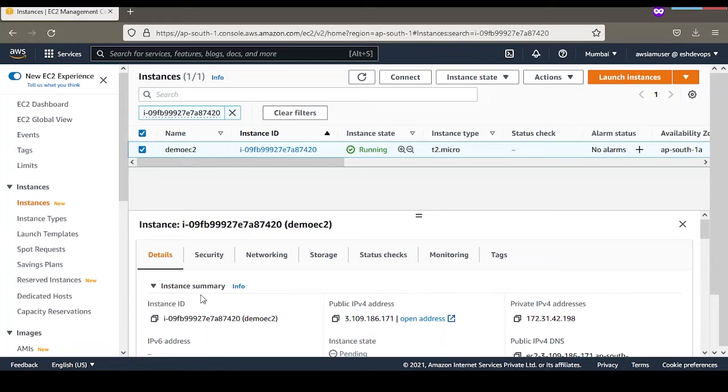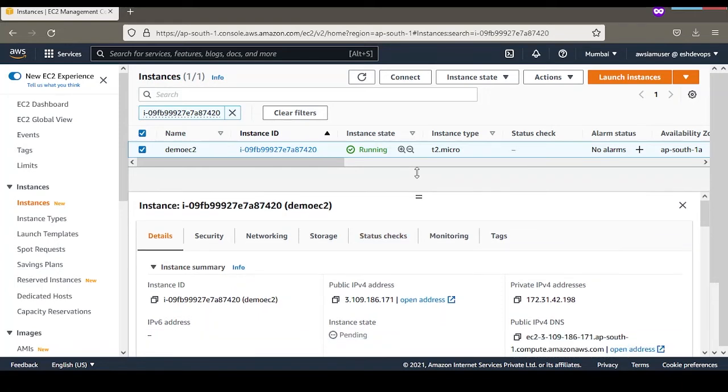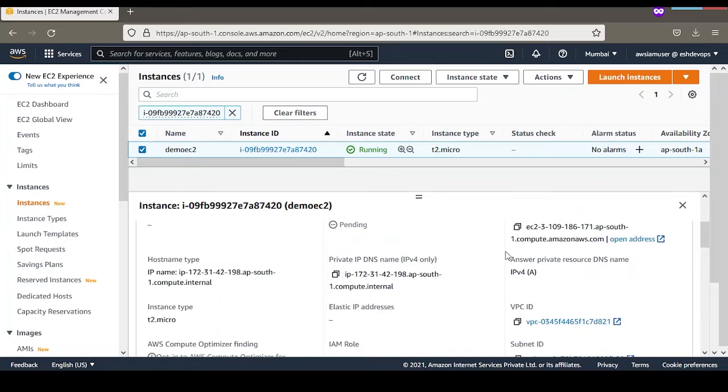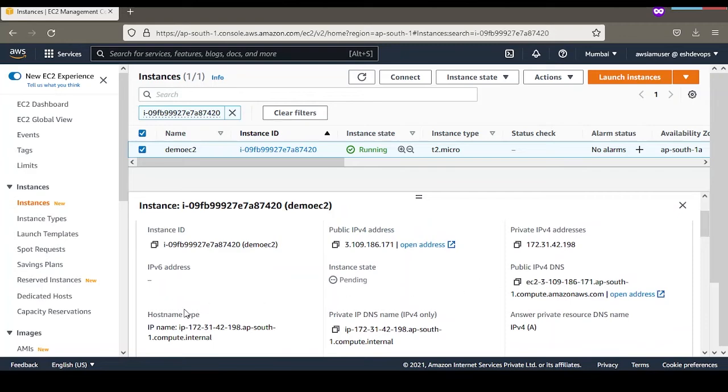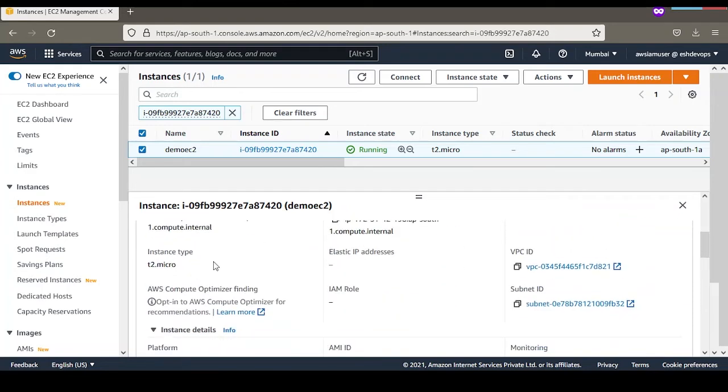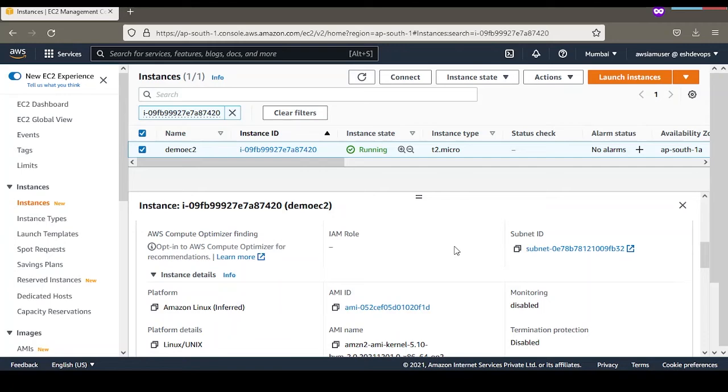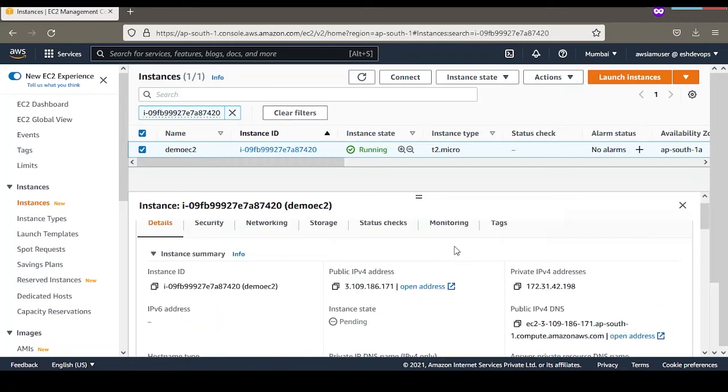If you look down here at the instance summary, if I go up a little bit, you have the public IP and private IP. Private IP basically means you deployed your EC2 instance privately, so nobody outside can access it, and the public IP lets you connect to your EC2 instance directly from your system. You also have other information, like your public DNS, host name, EC2 type, and most information related to your EC2 instance.